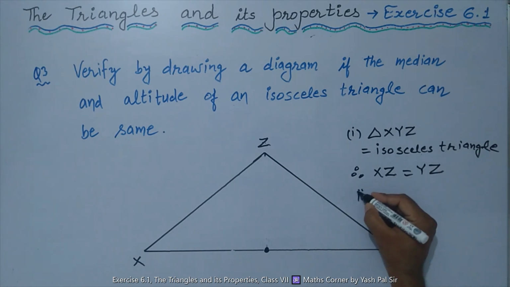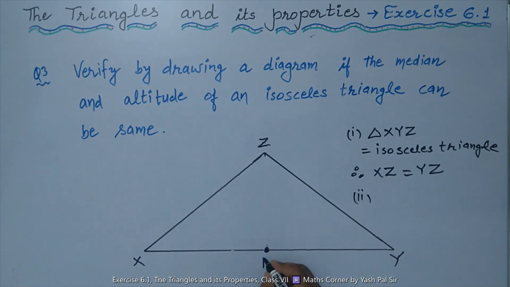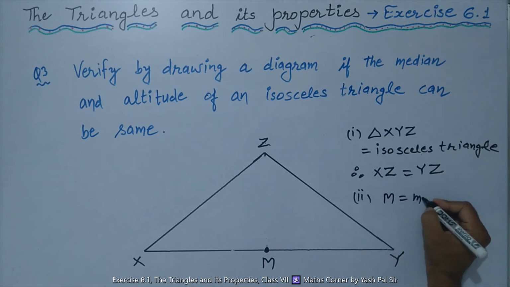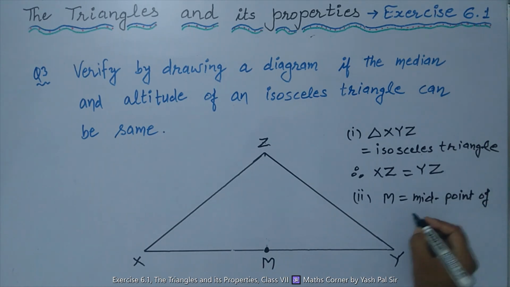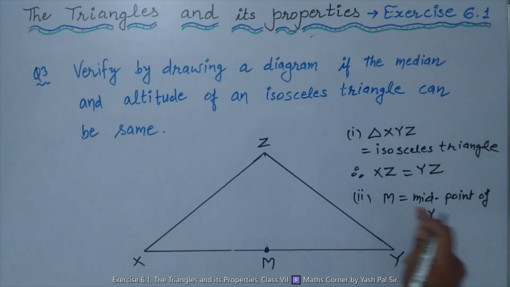Number 2, suppose this is the M point. M is equal to the midpoint of XY. M is the midpoint of XY. Number 3,